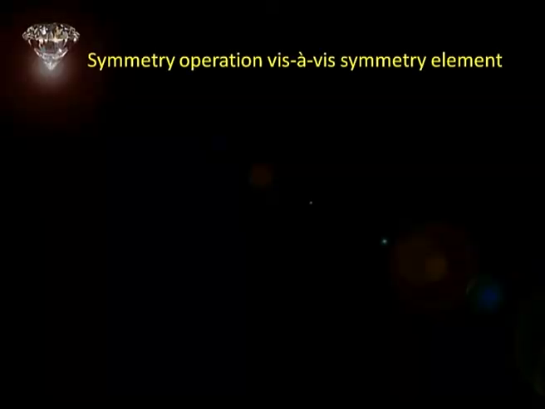Now, the question is, how do we describe symmetry? How do we talk about symmetry? For that, we need certain terms, and now we formally get into an understanding of symmetry. There are two very important terms there. One is symmetry operation, one is symmetry element. People typically get confused in these two terms. Let us try to clarify ourselves.